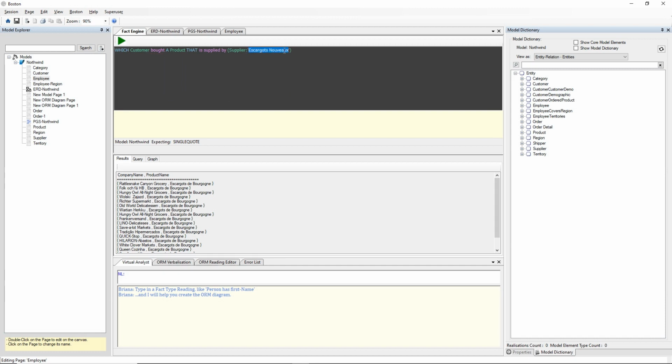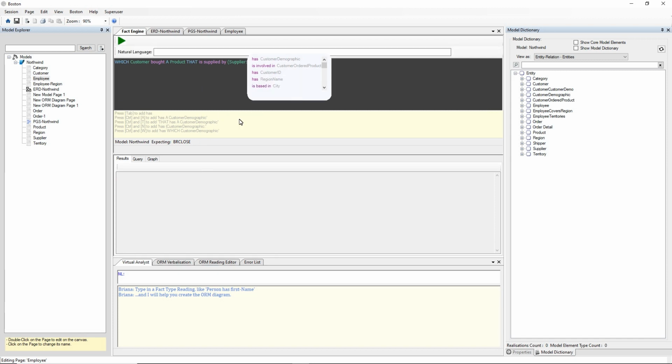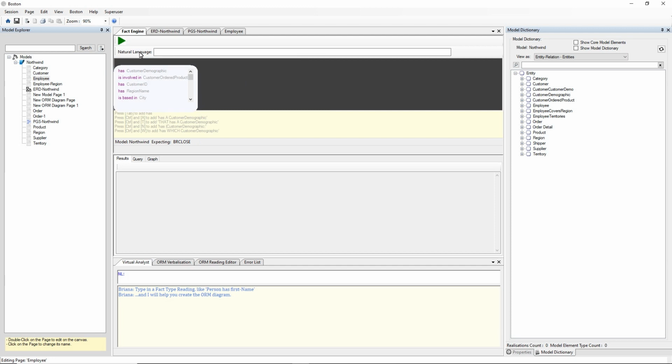Now, FactEngine also allows you to write natural language queries, and if we get rid of that controlled natural language query, we can ask the same question just in straight natural language without having to use the controlled natural language.